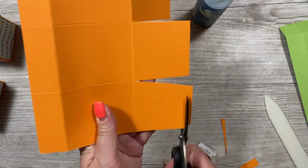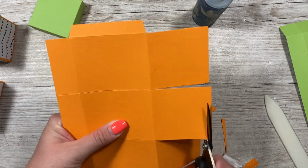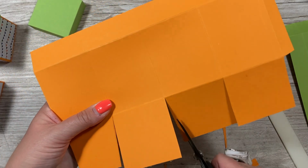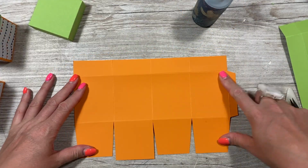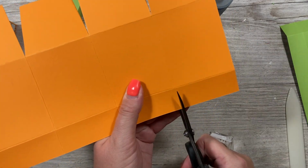And just cut a little bit off of the edge there as well, and do it off of this one, but leave it on that one. Again, little wedge off of there. Okay, so you should have something that looks like that. Now we're going to work along this side, so rotate it around, and now you're going to cut down,